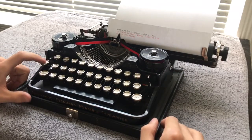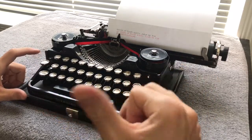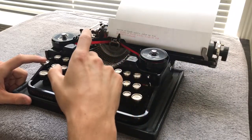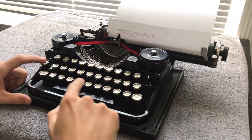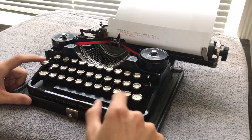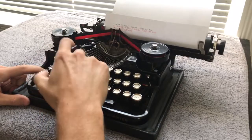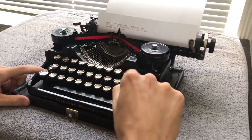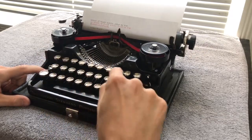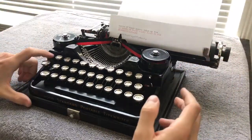I'm going to go back to black now, and I'm going to give you all the figures. Now, there's only 3 rows of keys here, so every single key has 3 functions: uppercase, lowercase, and then a figure key, which might be a letter, a number on the very top, or down here it's symbols like fractions. You've got colon, semicolon, things like that. So I'm going to give you all of them right now. And then I'm going to show you what I was talking about, how when you do a figure lock,